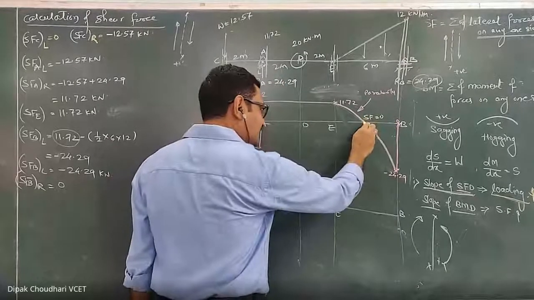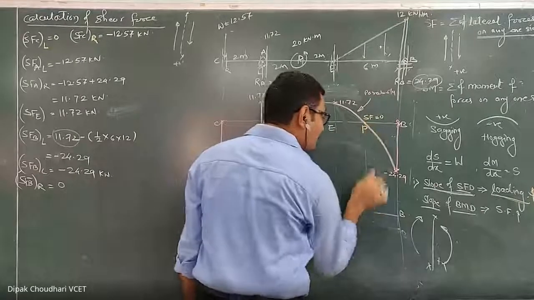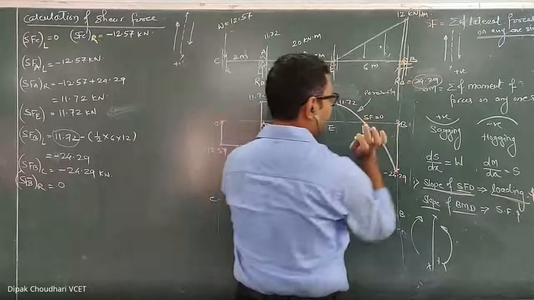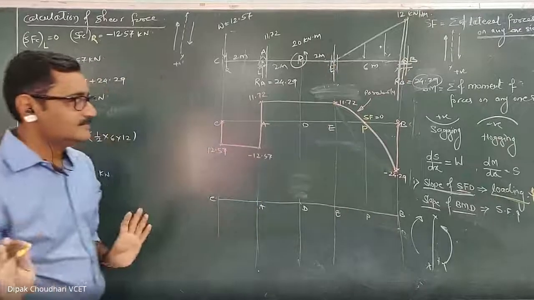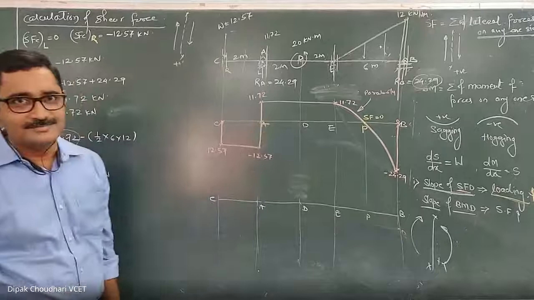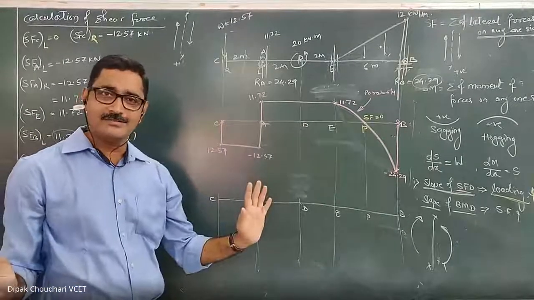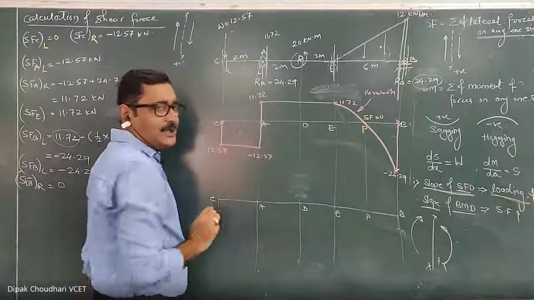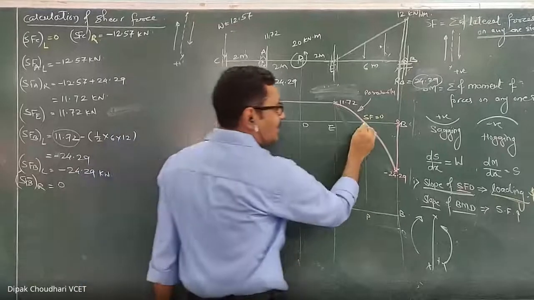Here, since it is a zero shear force, so at this point the bending moment will be maximum. But this bending moment will be maximum at this point P, here in this region only, because this equation is valid only from E to B. Understood? Here also the sign changes. So these are the two critical points. So let's calculate the bending moment. Here, if such type of point is there, now this point is the key point. A point is the key point. So here we are going to calculate the bending moment. But this point is not a key point.